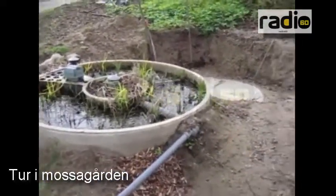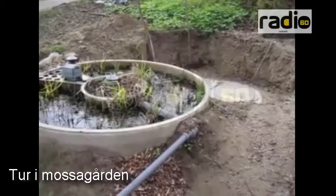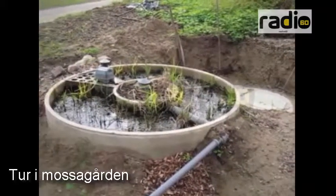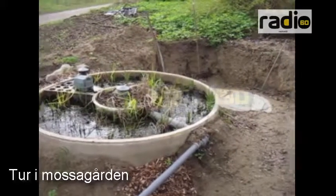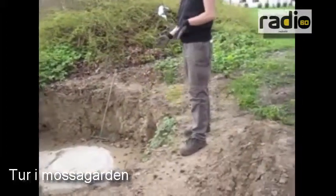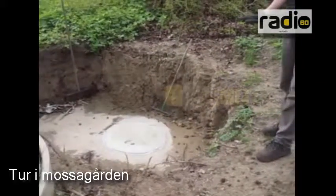Cleaning, depuration, separation, I think. It's from everything from the toilet and the dishwasher and the washing machine, and every water that you use comes here. And this is the first tank,